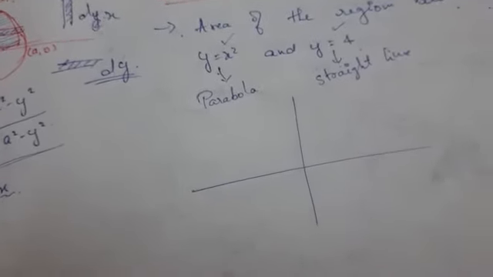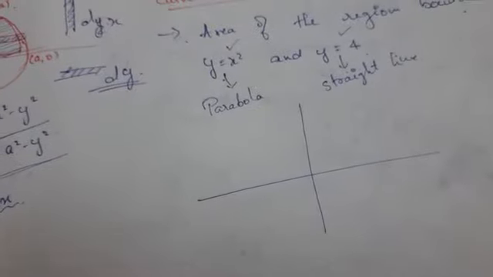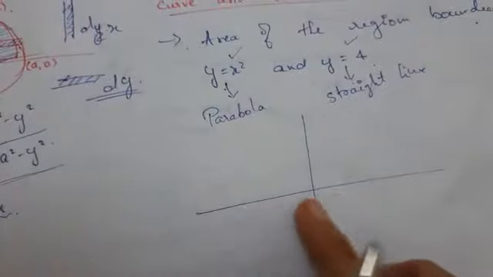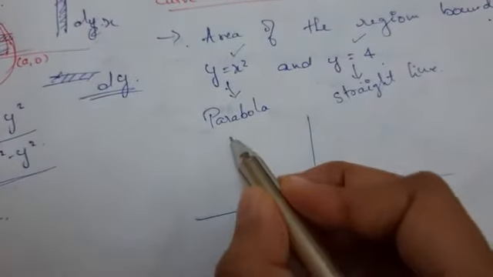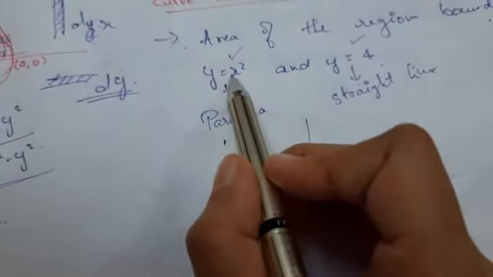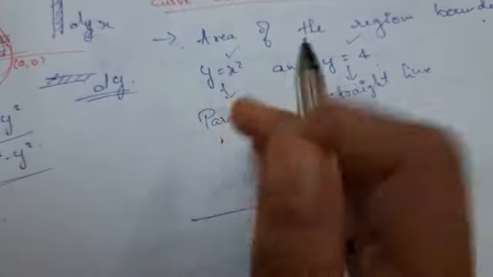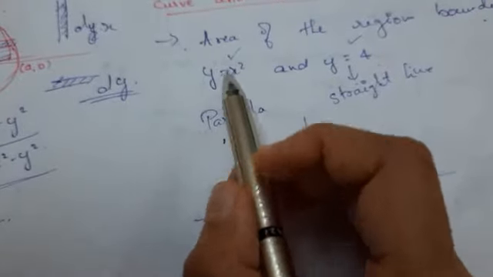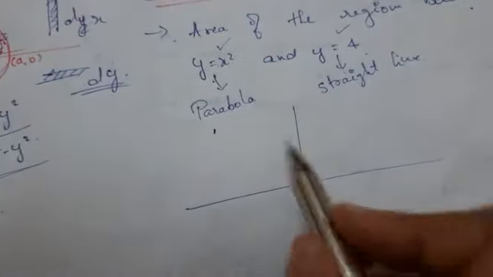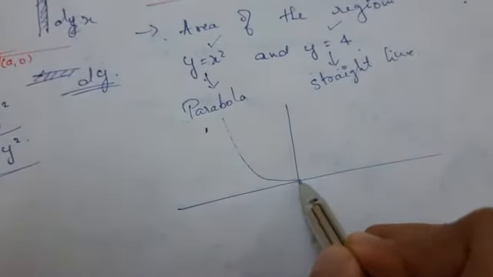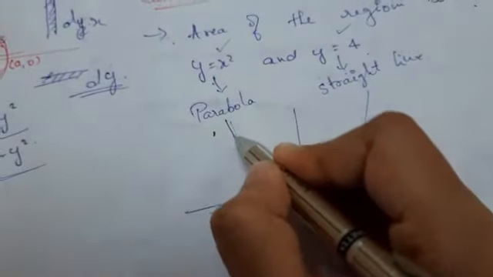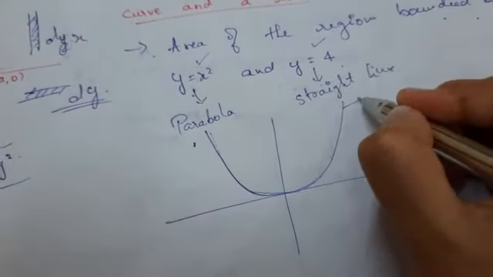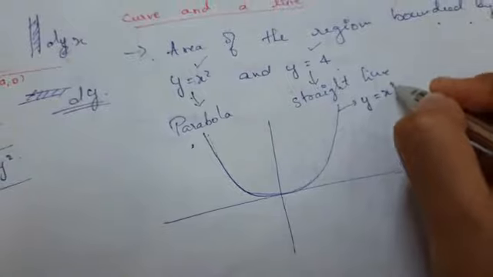So to know which area we are finding, we should first know how to draw the graph of the given curve, a rough idea of which area we are finding. So y is equal to x square means for both positive and negative values of x, we should have positive y. Whether x is positive or negative, the value of y should be positive itself. That means the curve, a parabola, will be like this. So y is equal to x square is this parabola, and this is the curve y is equal to x square.